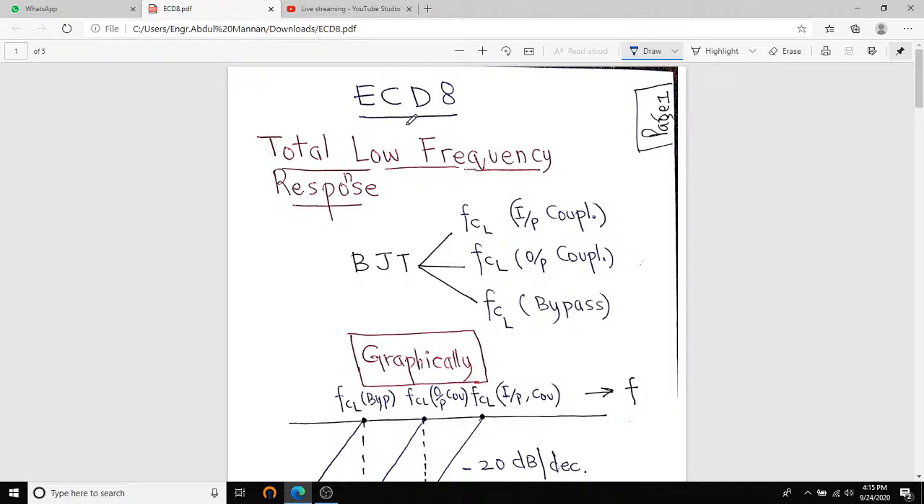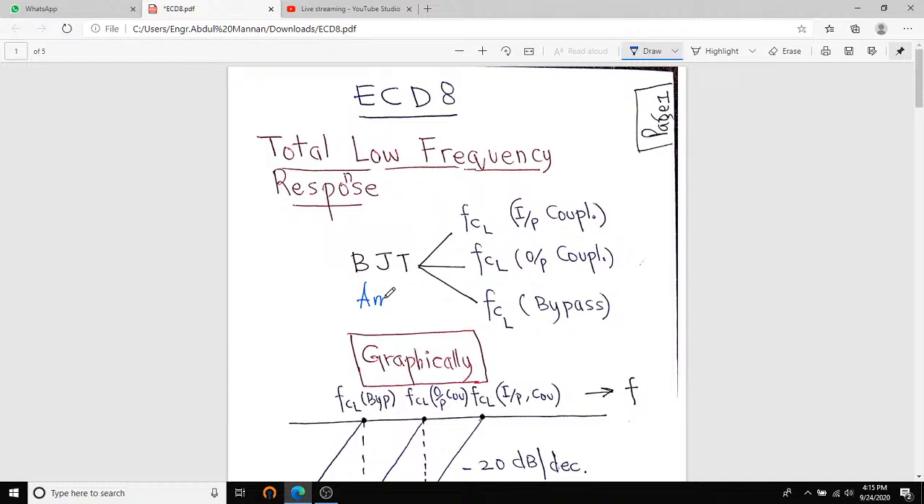Welcome to the 8th lecture. We are studying low frequency responsive amplifiers, and in this lecture we will study the total low pass frequency response. In fact, we will summarize what we have been studying about the low frequency response of BJT amplifiers in our